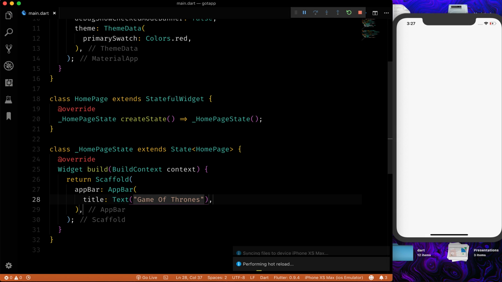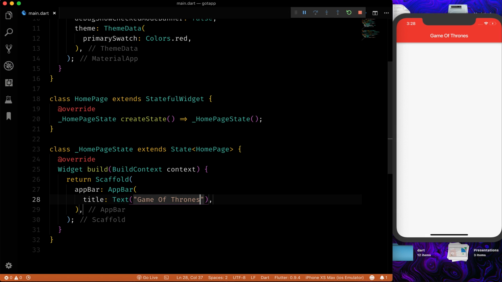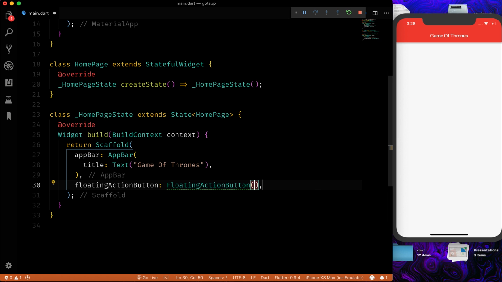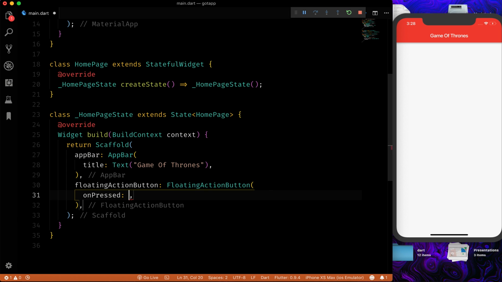And now if I just hot reload, you can see the red app bar. It knows the position and everything, and it's done. It's that simple, right? And then after the app bar, we can use a floating action button where we can have the onPressed, which is now blank